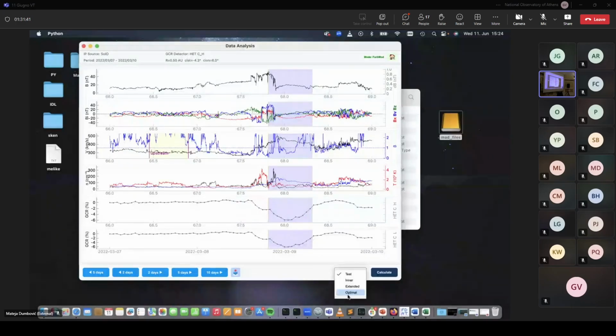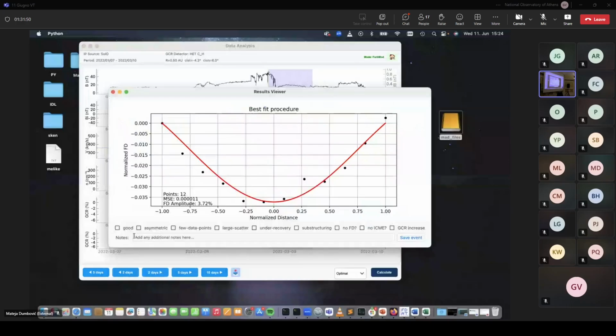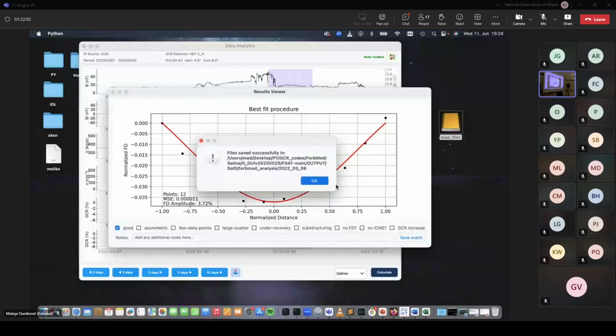And then when you press calculate, this will open a window where the fit is shown. And then if you are happy with the fit, you just make some descriptions of the fit. You can add some notes, and then you save the event. And when you save it, okay. And then if you go to the output,